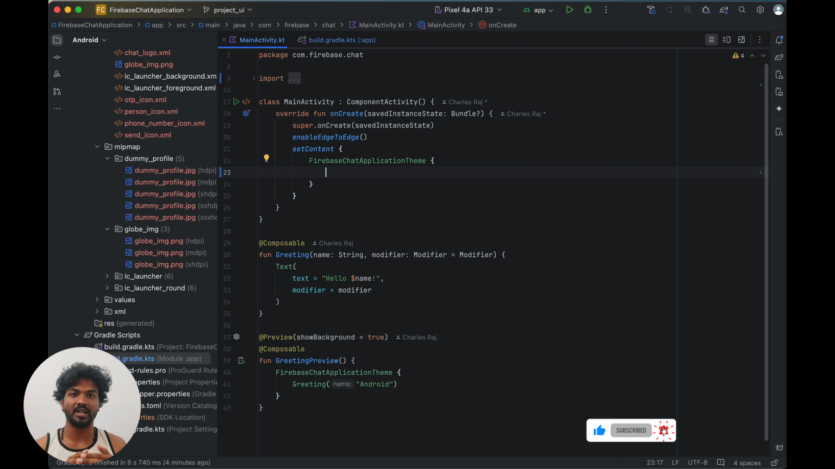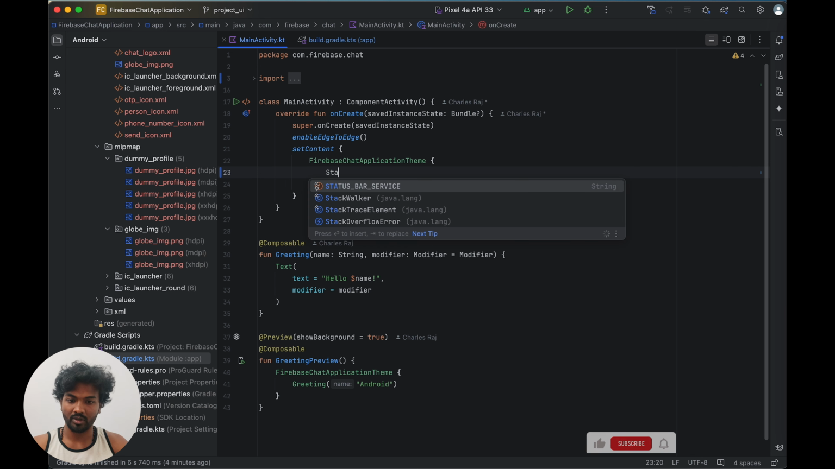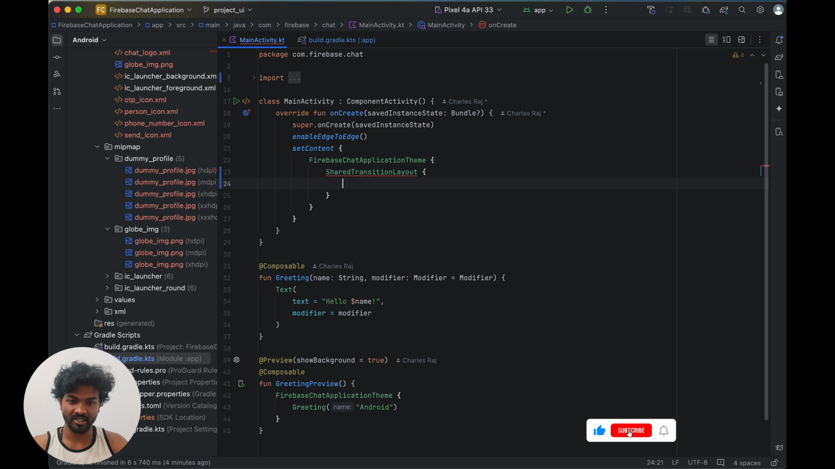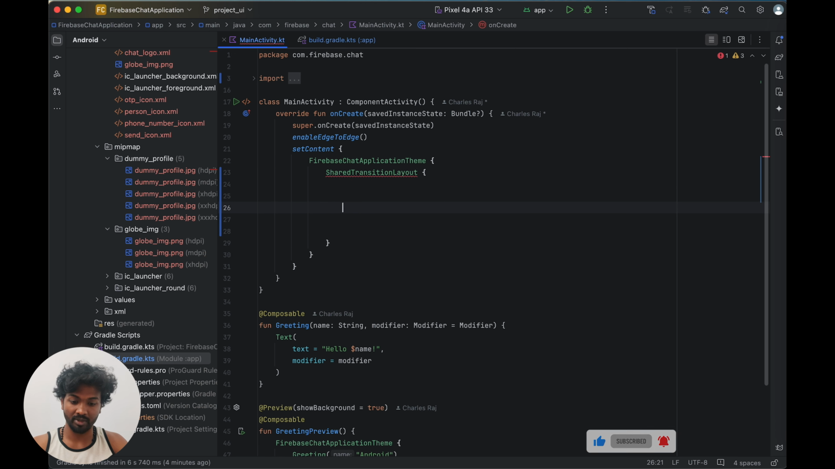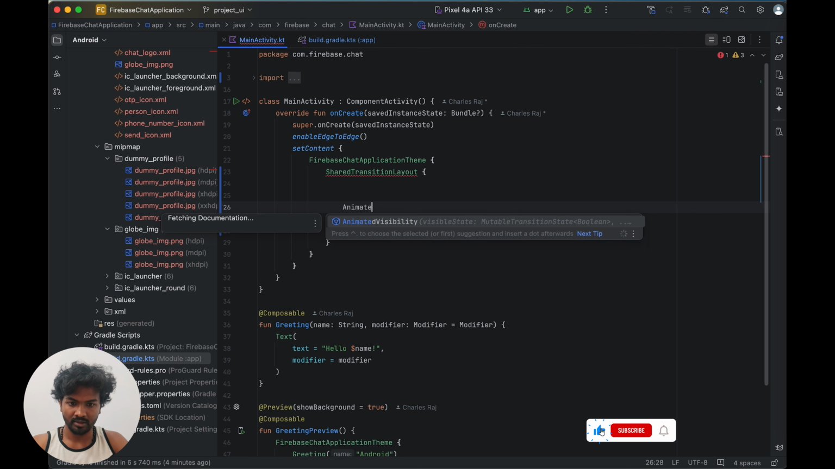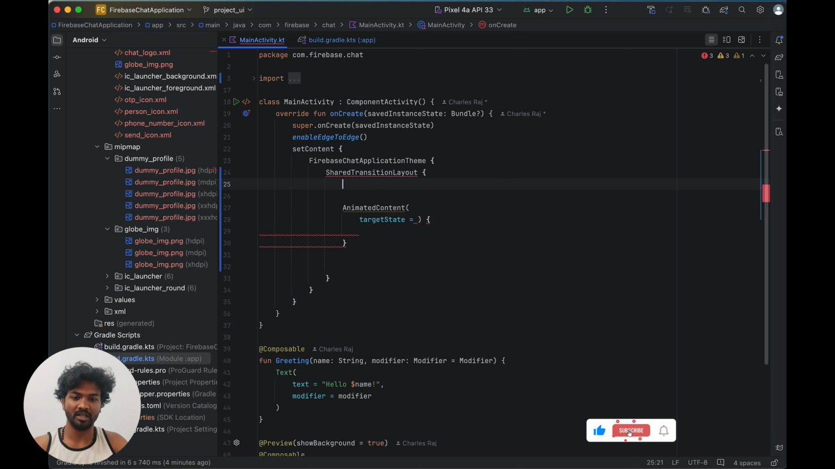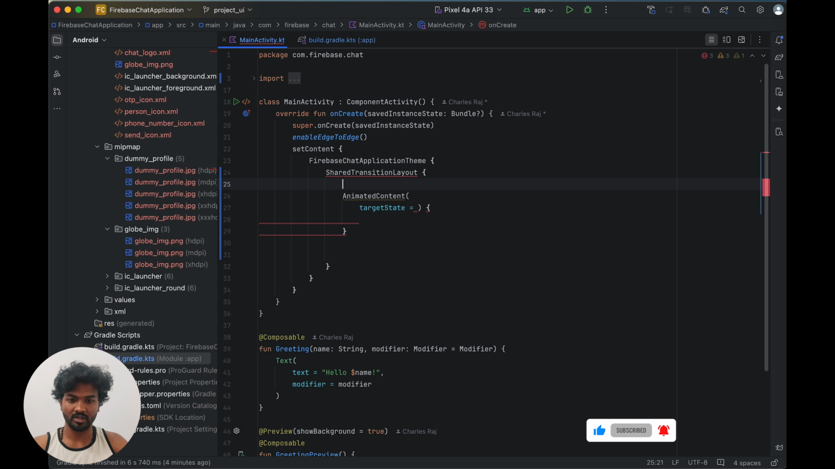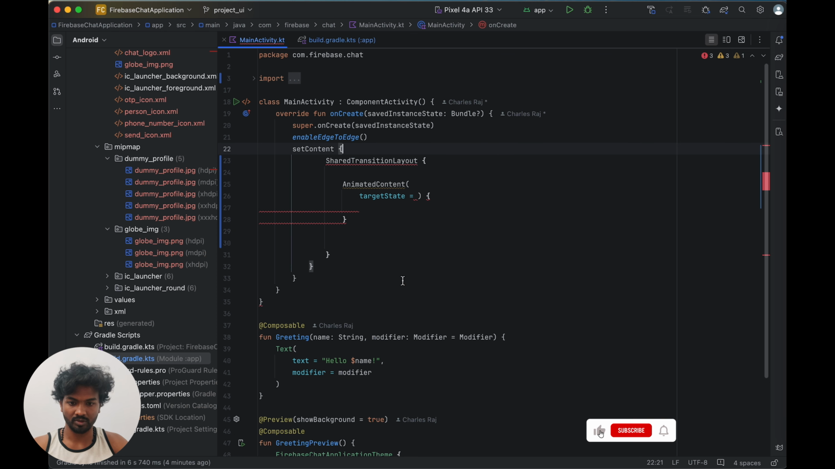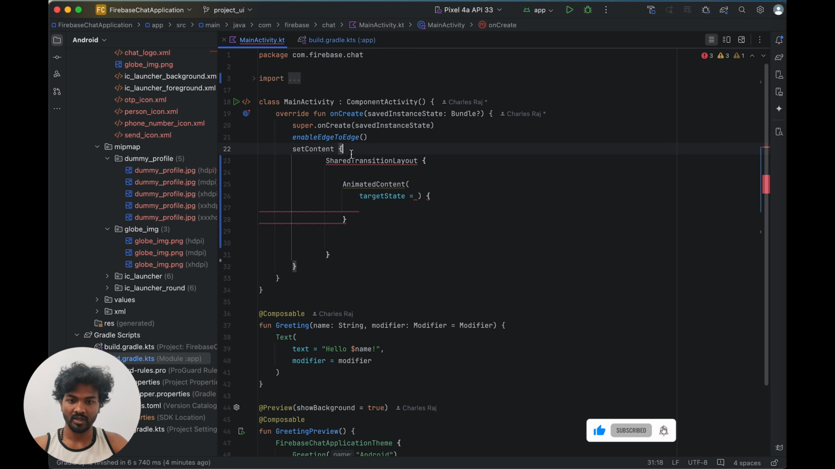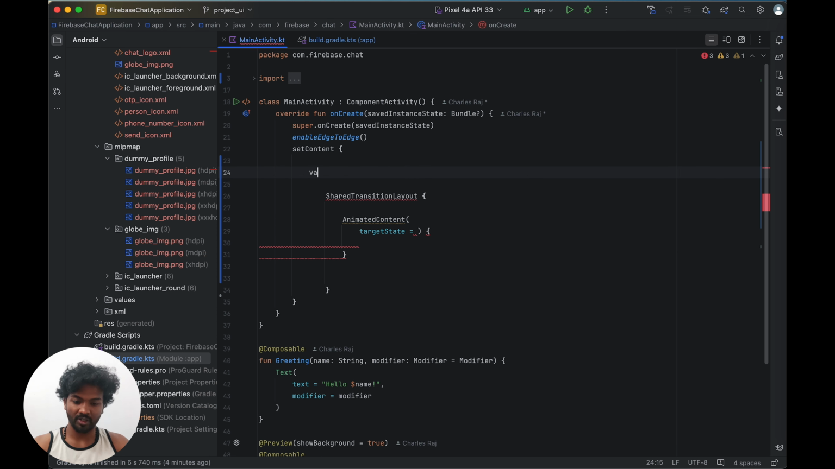So for shared transition, we have a layout called shared transition layout. In the shared transition layout, we are going to add animated content. With animated content, the target state will be changing. It will be like a mutable state. So the target state, we'll just remove this one also, we don't need this. The target state I'm giving, like we are going to create